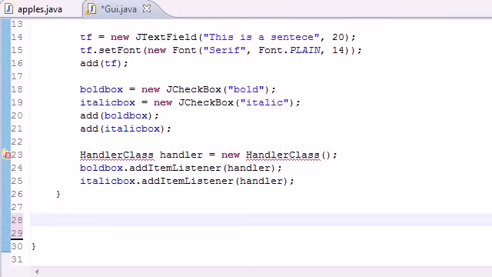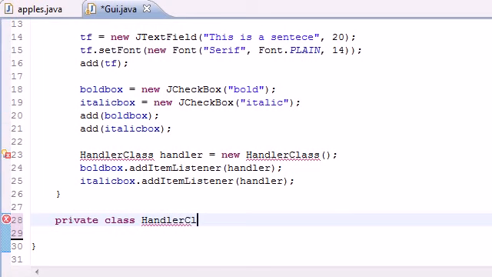What's up guys, welcome to your 65th Java tutorial, and in this tutorial we're going to be building a new class to handle the events when both of our checkboxes are checked. So let's go ahead and make a new class called handler class to do just this. We'll go private class, name it handler class, there we go, implements item